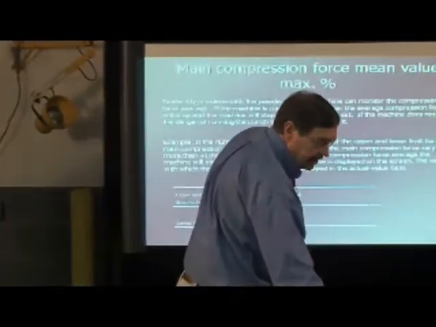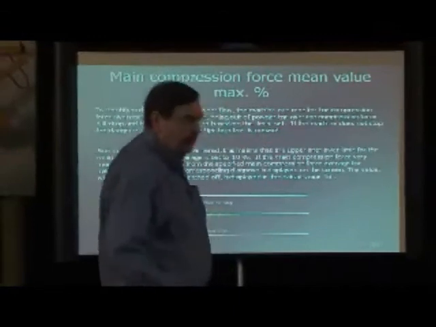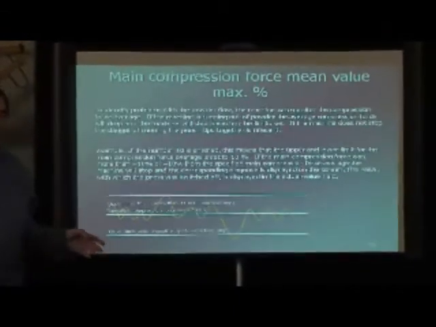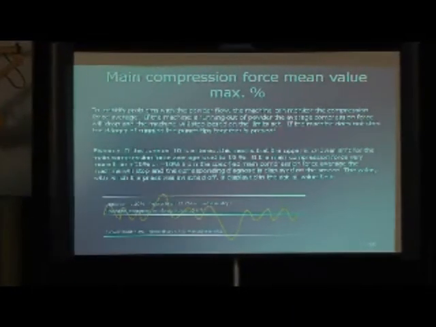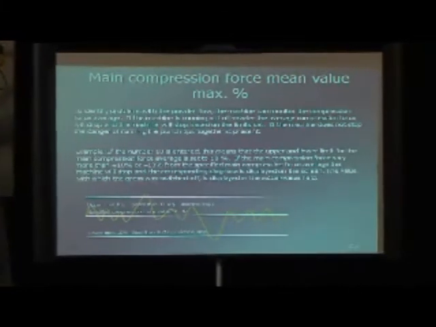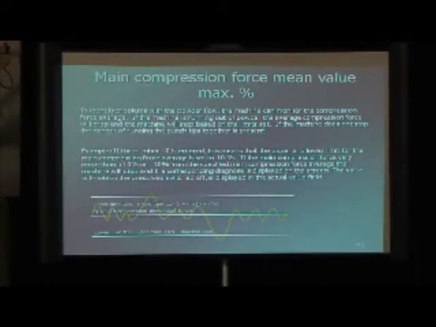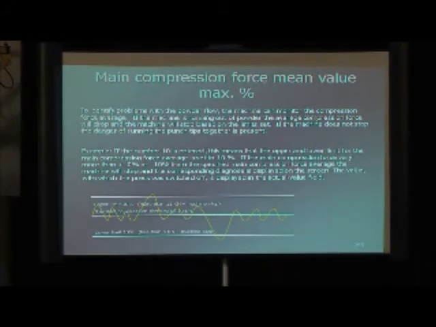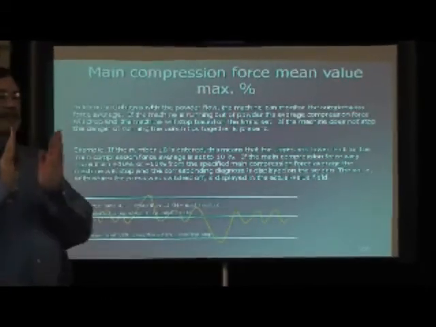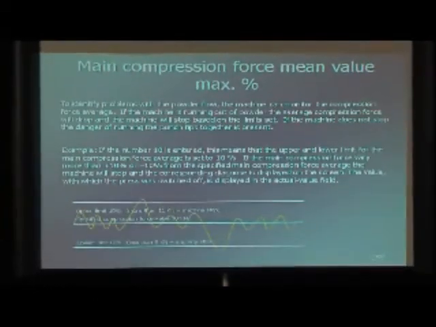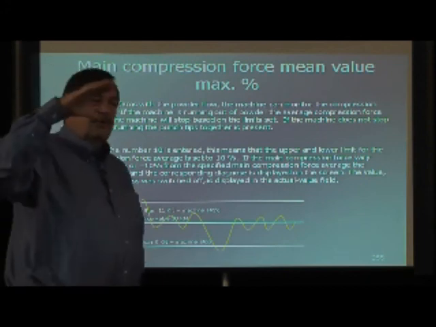I want to go quickly over some other functions you have in here. Most of the high-speed presses have something where you control your average compression force. While the machine is running, it's going to look at individual forces on your punches and is building an average. And that becomes a control factor for the machine. This is important that you have some kind of a limit set to it. If you run out of powder, you want to stop the machine before you run the machine empty and you have a possibility that the punches are getting together. So the average you're getting low and the machine's running out of